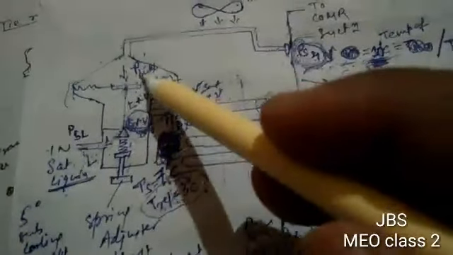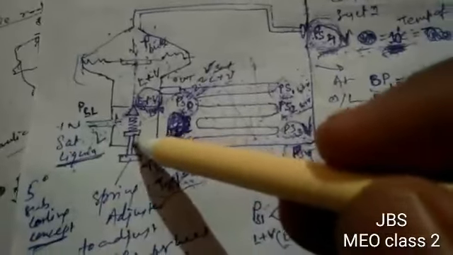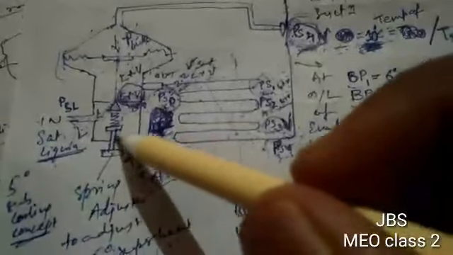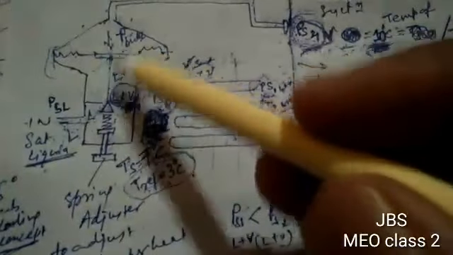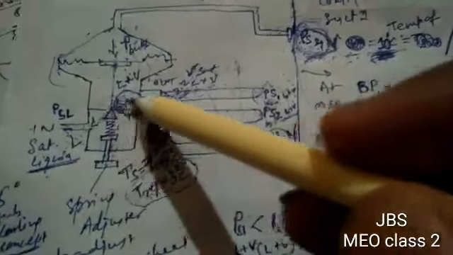The spring adjuster is for setting the degree of superheat, 5 degrees C, which is maintained by adjusting this spring adjuster. Now this will press against the spring, and the valve will remain open, and more refrigerant will flow through